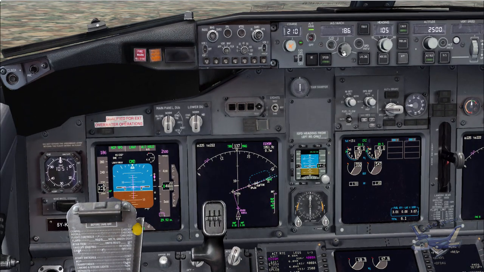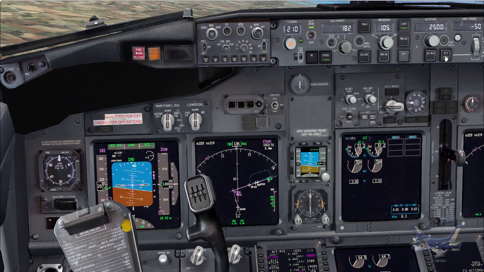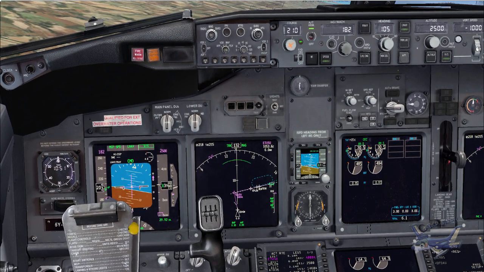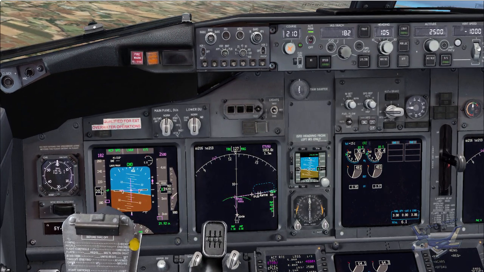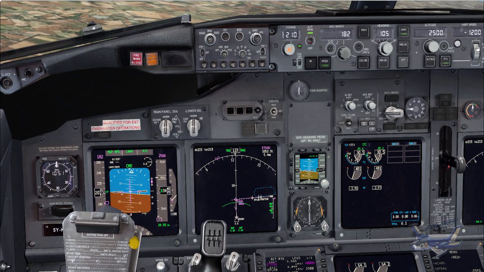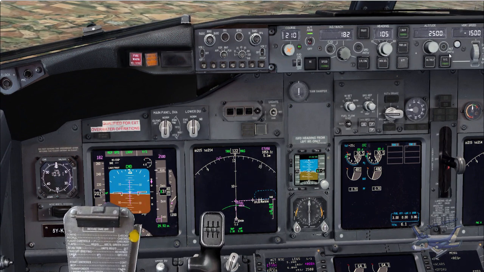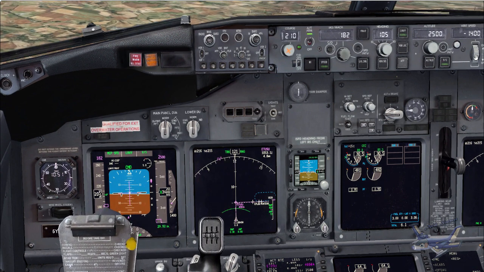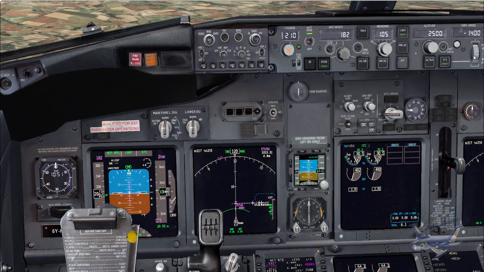Okay, so now we are approaching EGVOM, which is our initial approach fix for our STAR. We now have begun the standard arrival route. As you can see there, we are at Etutu. I don't know how to pronounce that. Etusu. So we are now following the fixes on our STAR as we are descending onto